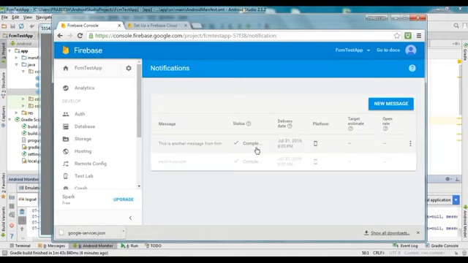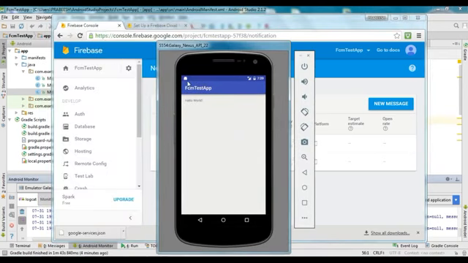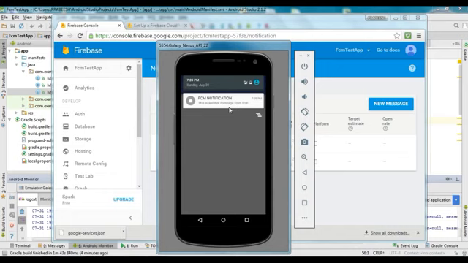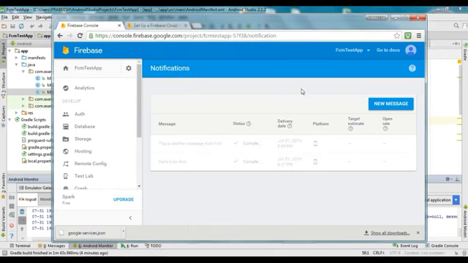Now open our device, and here we got a new notification. The application is in the foreground, so you will receive this notification in the onMessageReceived method. If you click this notification again, it will open the main activity again. So this is how we create a simple push notification using